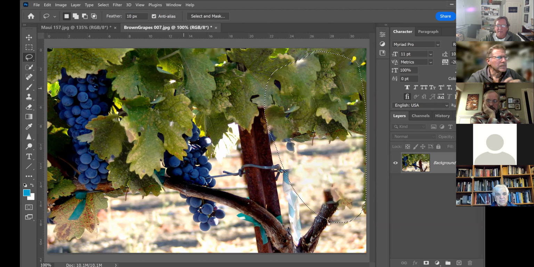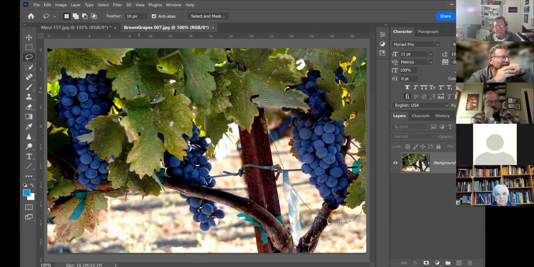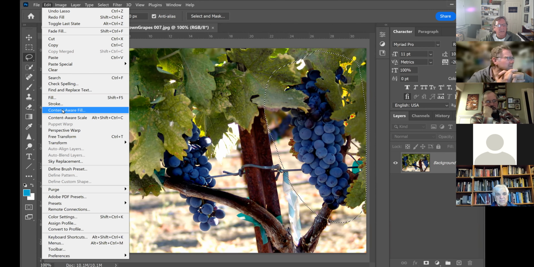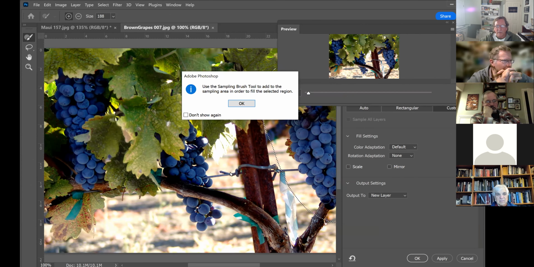And it tried, but I've got part of a grape, I've got part of a branch. Yeah, it really didn't know what to do. So let's Control Z, and let's see what content aware fill will do. I have no idea what that's going to do, but